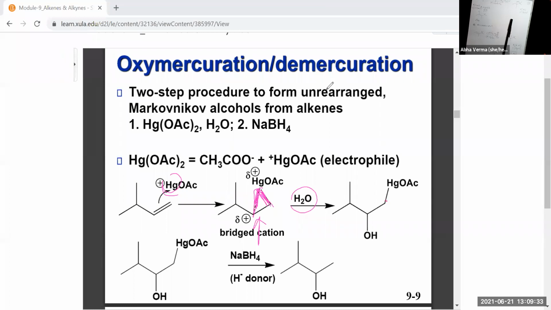So if this is in this form, this OH will be appearing something like this, because the OH, or the incoming nucleophile, attacks from the opposite direction, not the same direction as the electrophile, but from the opposite side of your electrophile. So that is something that you have to remember. And we are going to look at some more examples today